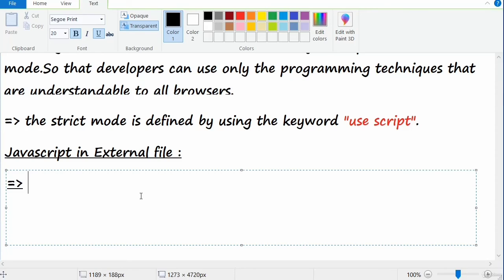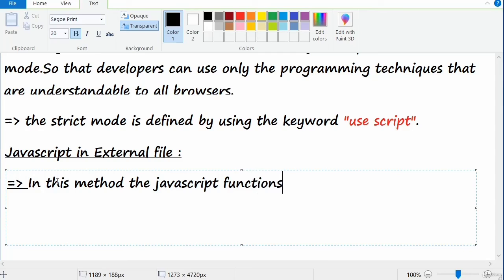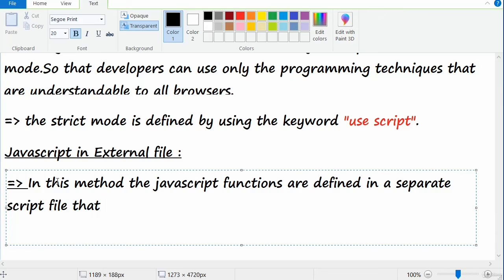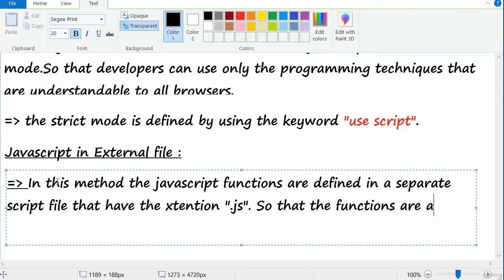First, I want to make a note about this. In this method, the JavaScript functions are defined in a separate script file, and that file has the extension .js. .js files are JavaScript files, so that the functions are